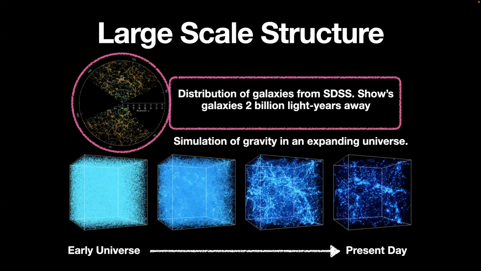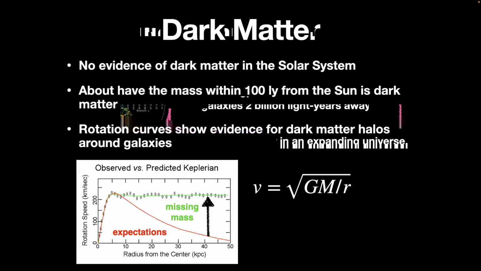Up here is a map of galaxies created by the Sloan Digital Sky Survey. And you can see these dense areas where there's lots of galaxies, and you can see the dark areas are essentially just truly empty space. There's nothing there. Galaxies, because they're very massive and gravity works, like to live together.